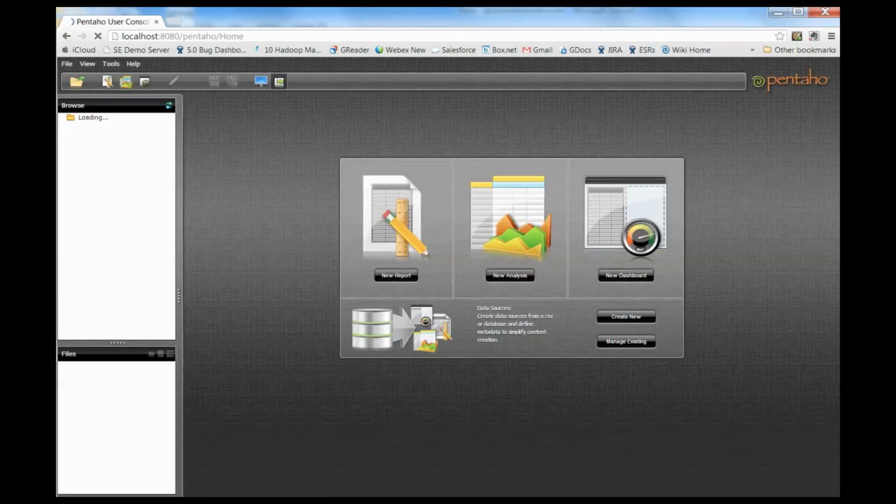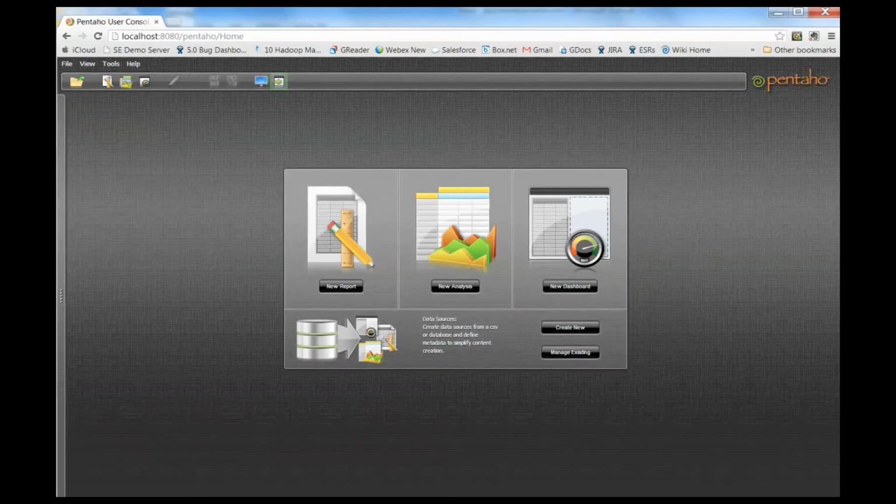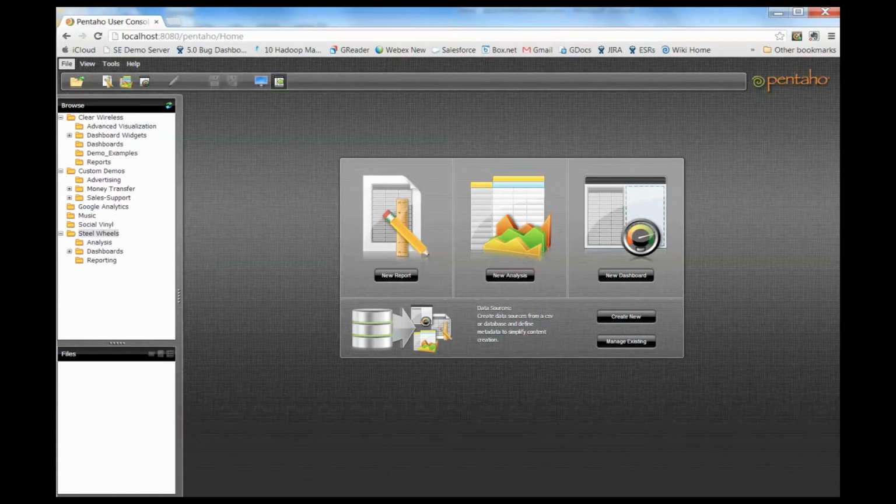Now let's take a few minutes to get acquainted with the user console. When you first come to the user console, you'll see the launch page in the middle of your screen. The purpose of the launch page is to provide quick access to create new data sources or analytics content. At the top of your screen, you'll find the Pentaho menu and toolbars. These can give you access to different features and functions within Pentaho, including access to further documentation and information on